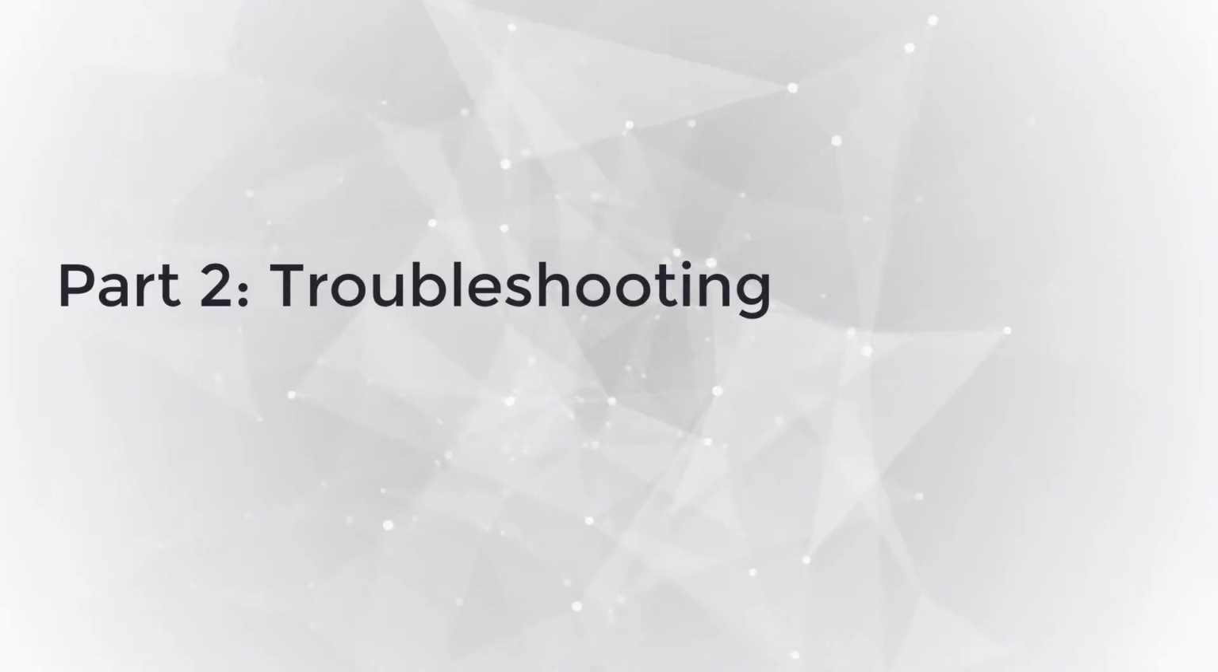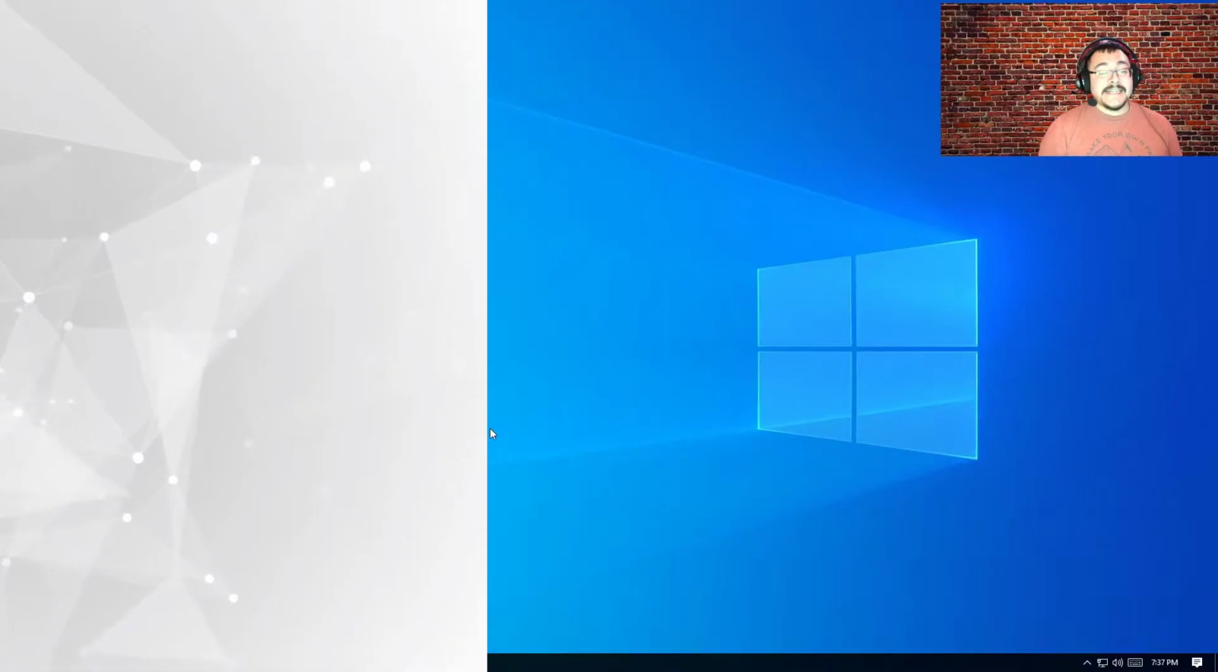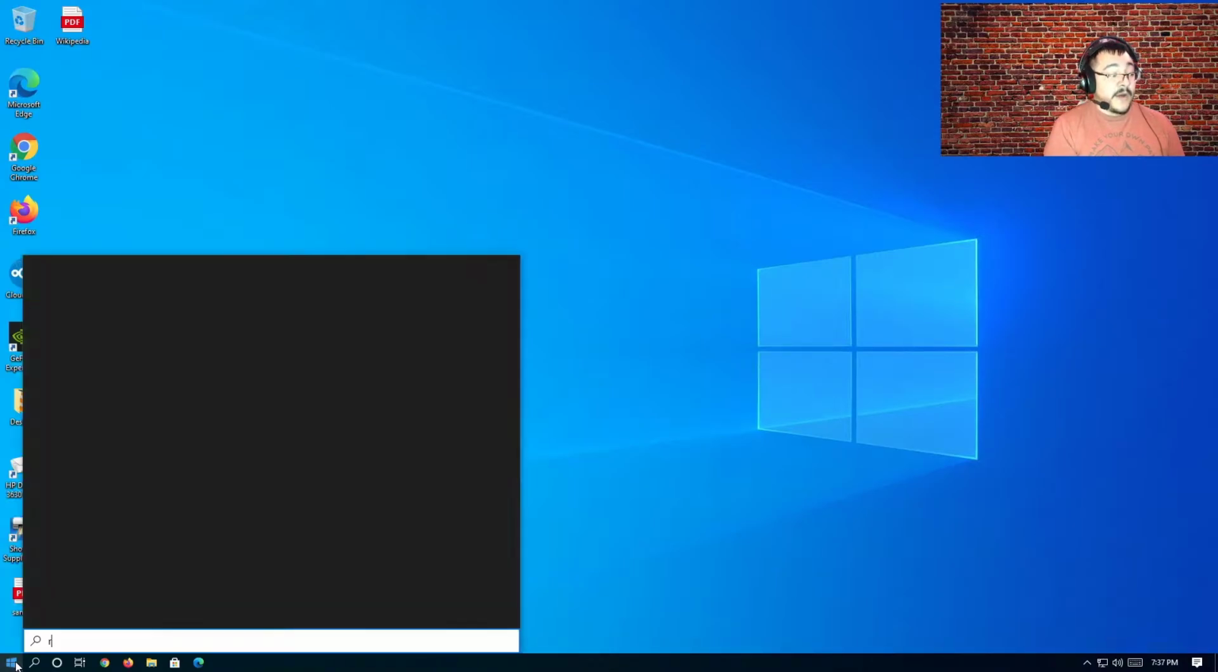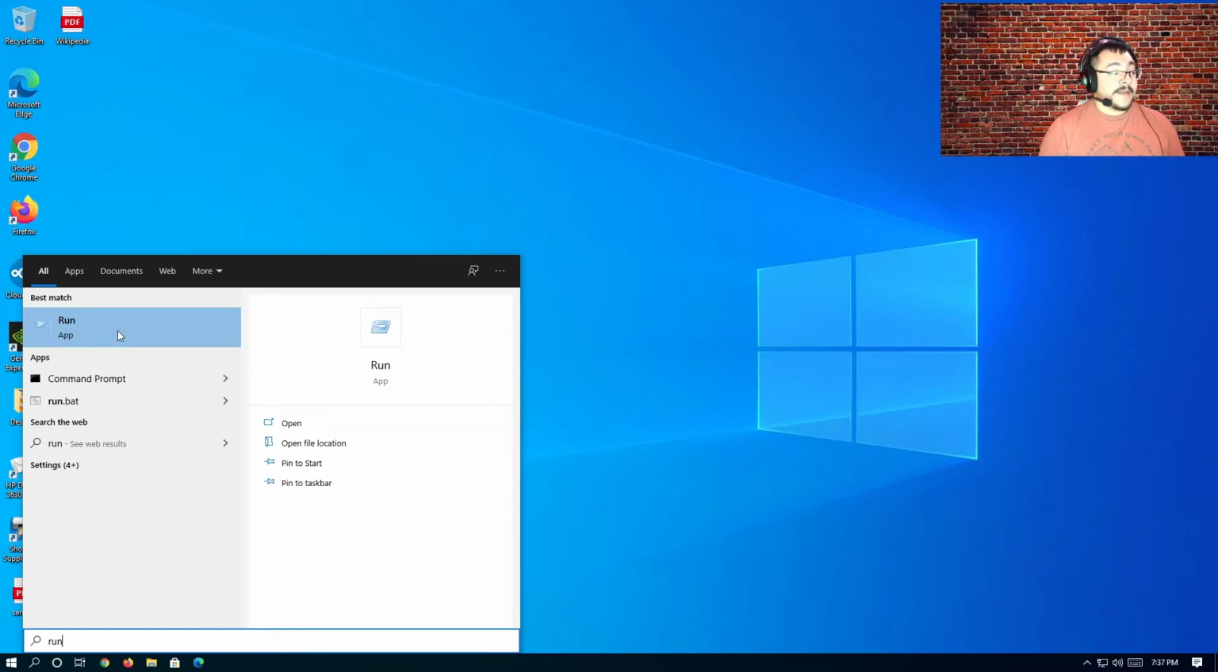Now let's say that you were following the previous steps and you didn't see the Microsoft Print to PDF printer. Don't be alarmed. We can manually install it or reinstall it if it's not working properly. First, what you want to do is go to the Start button, type in Run, open that application that is called Run,